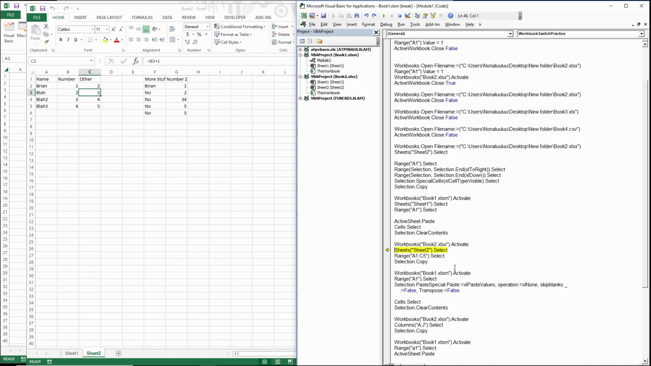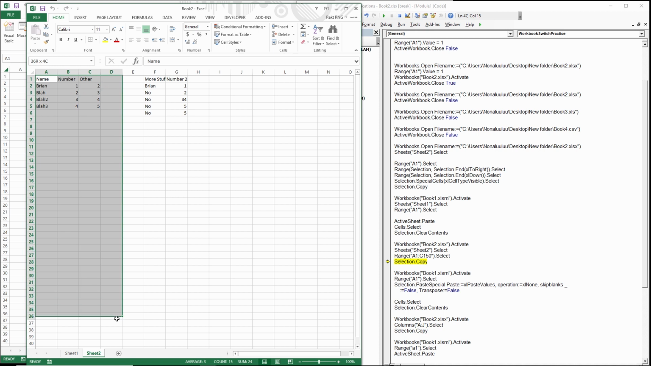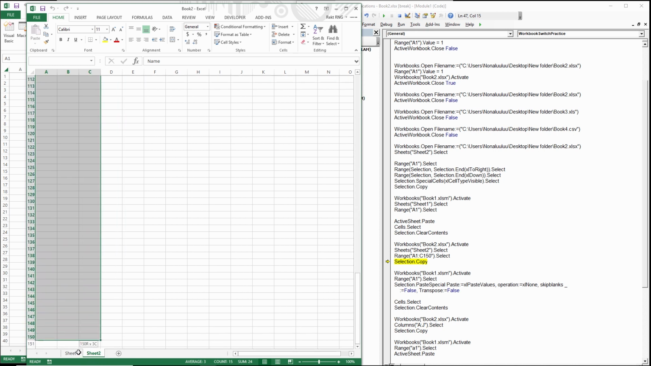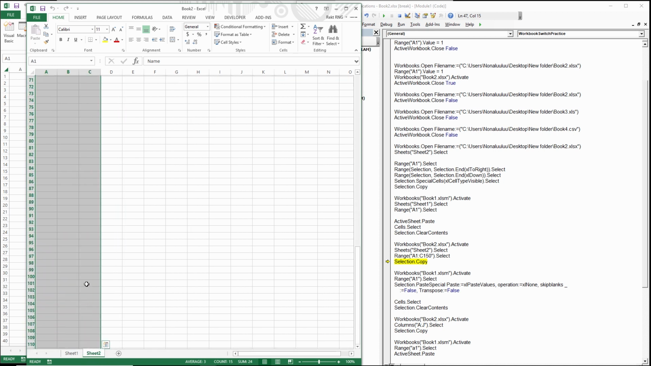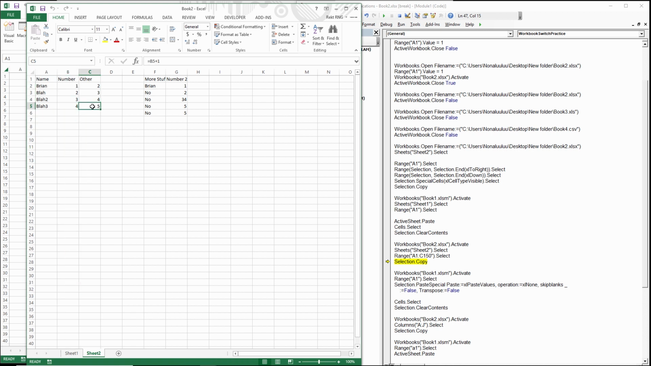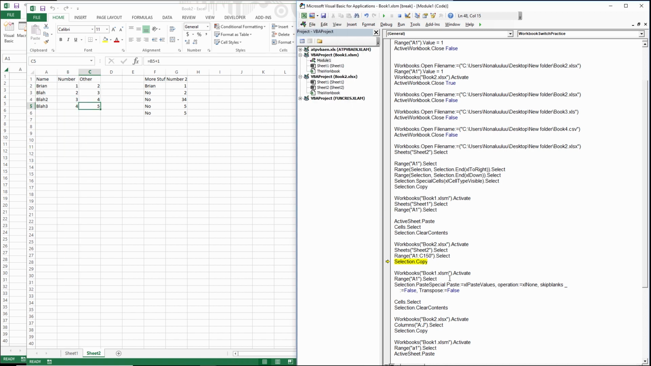So now we're going to go to book 2, sheet 2, select range A1 to C5. Here's how you select range A1 to C5. You could do A1 to like C150, and it'll select all the way A1 to C150. That's what that would look like. So you could select specific cells that you want if you get the data a certain way. So Selection.Copy,